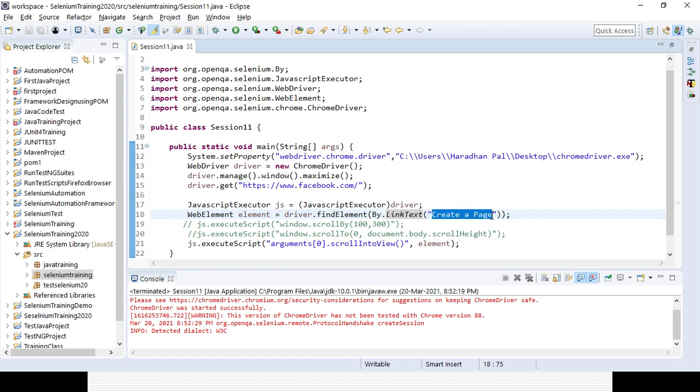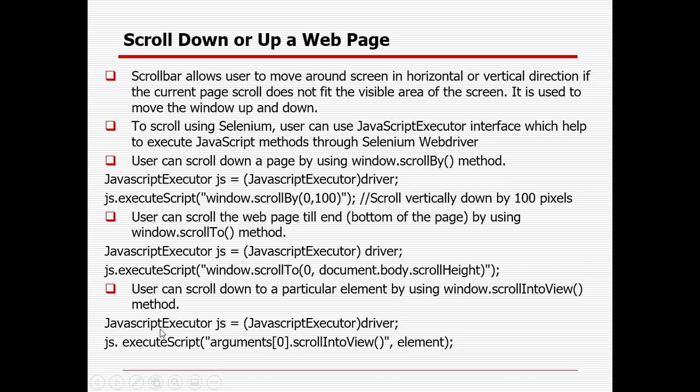Okay. So I have created a web element whose name is element. Then whatever lines of code I have mentioned here: first I will be creating an object or instance of the JavaScript executor. Then with that executor I am using the executeScript method, and that is the command line. You need to give it arguments[0].scrollIntoView.